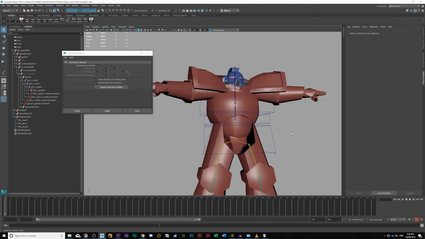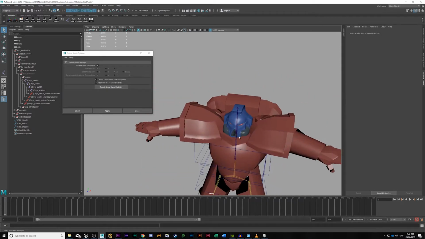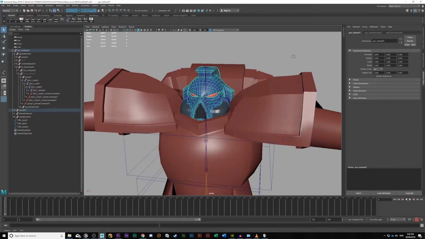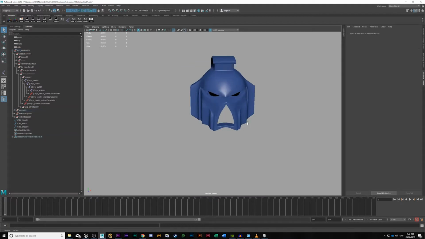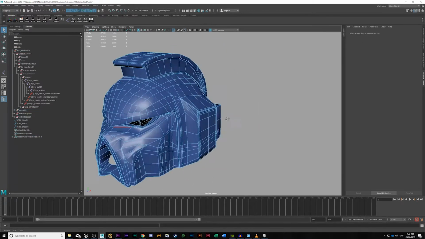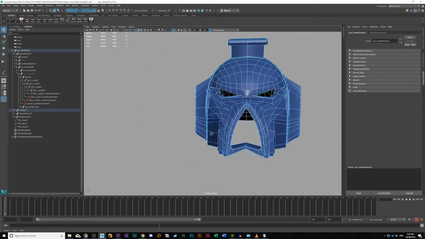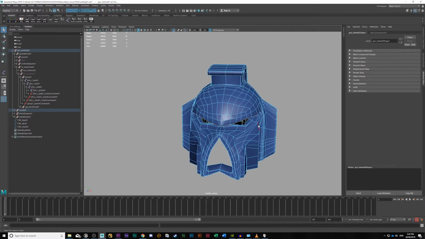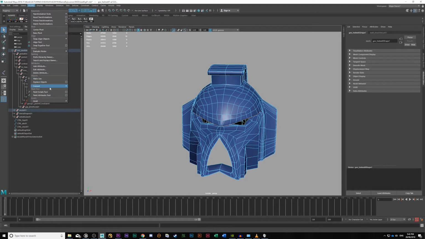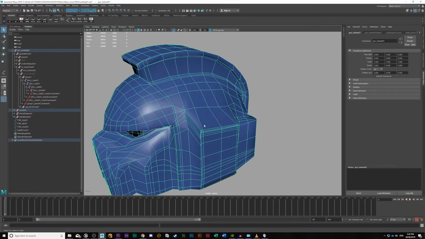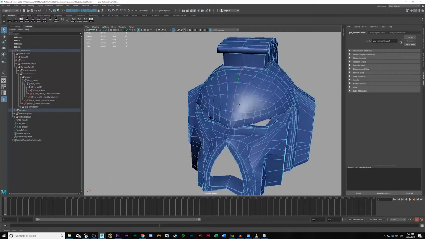So there's another kind of nice way to create control curves, ones that kind of match a little bit nicer with your object. So I'm just going to isolate the helmet here. So that's just control 1. And what I'm going to do is create a curve from the geometry on the helmet. I'm just going to start by selecting an edge loop. I'm going to go to modify, convert polygon edges to curve. Right, so you can see that I'm just going to do that a few more times. So I'm going to get a cage,